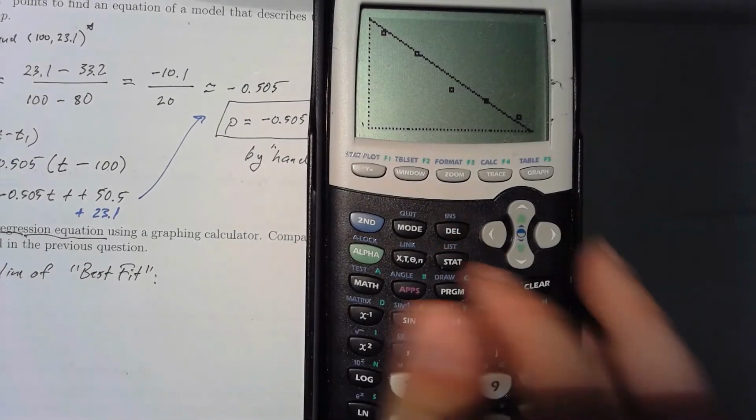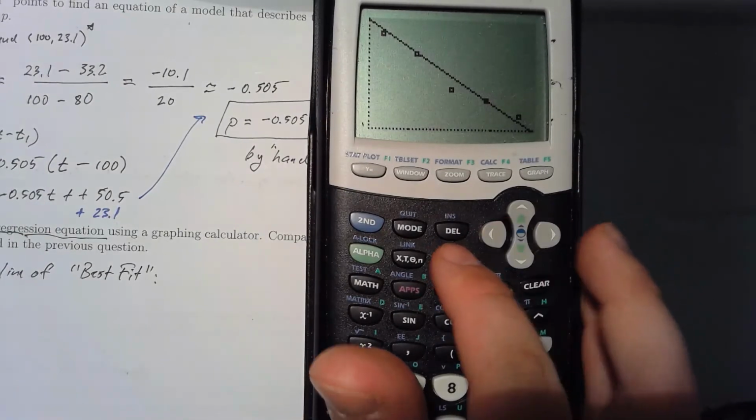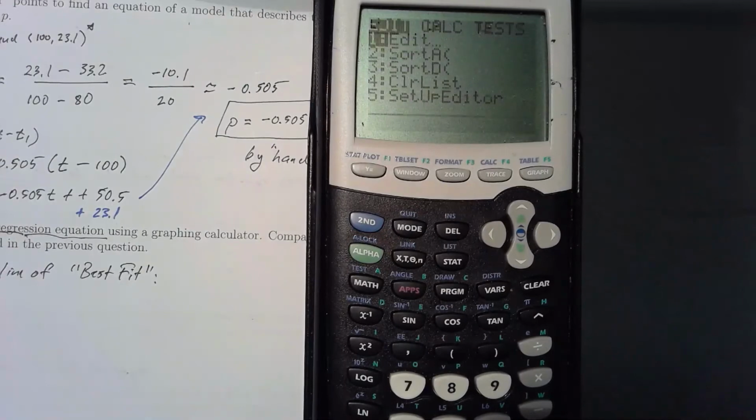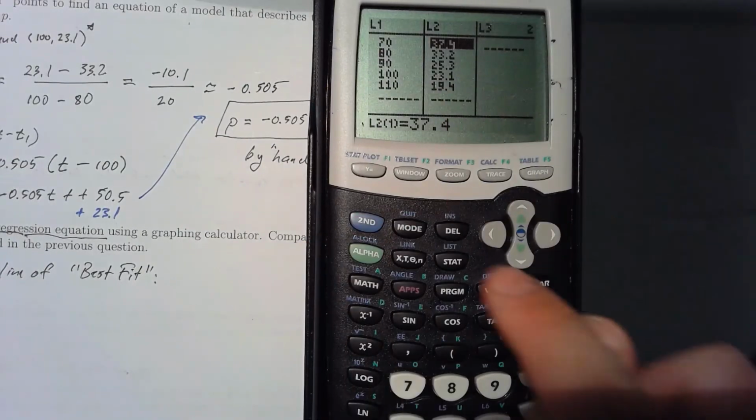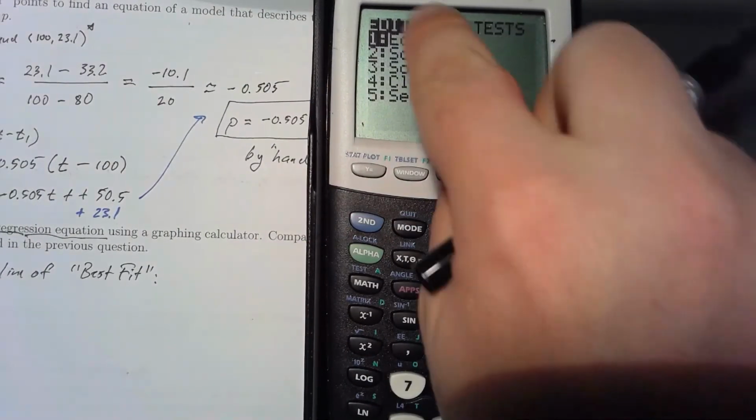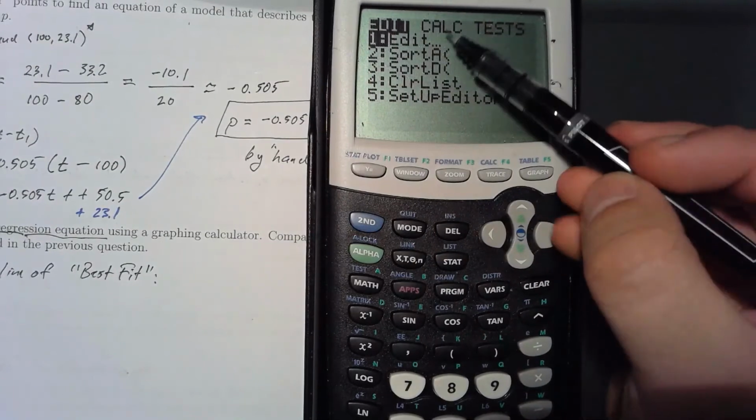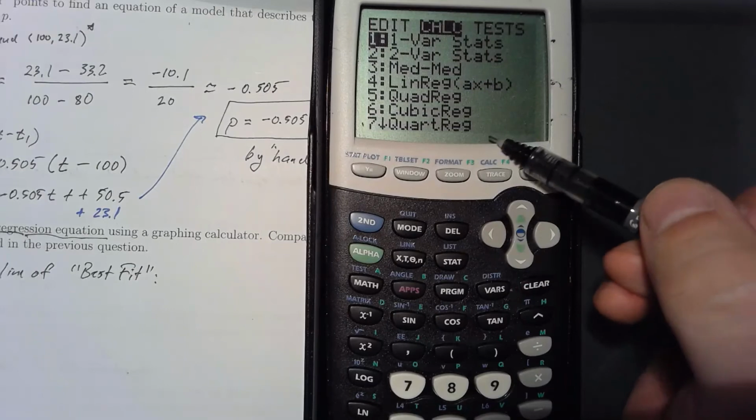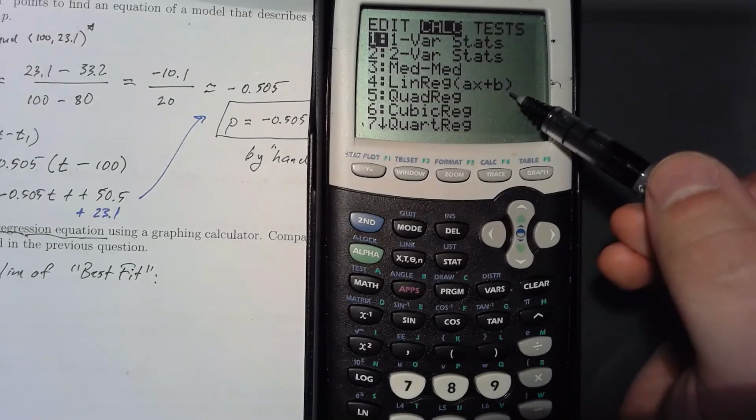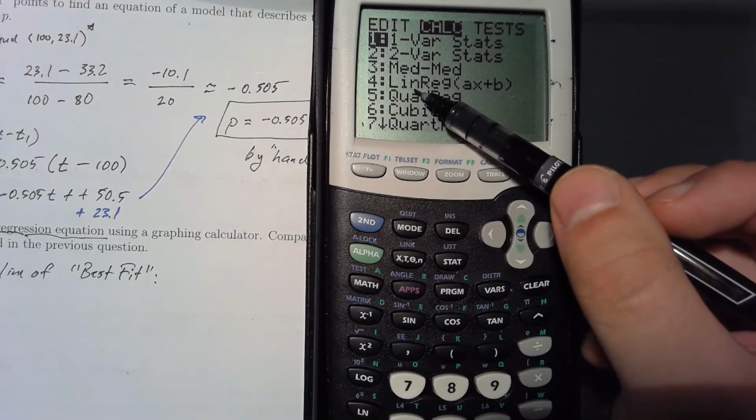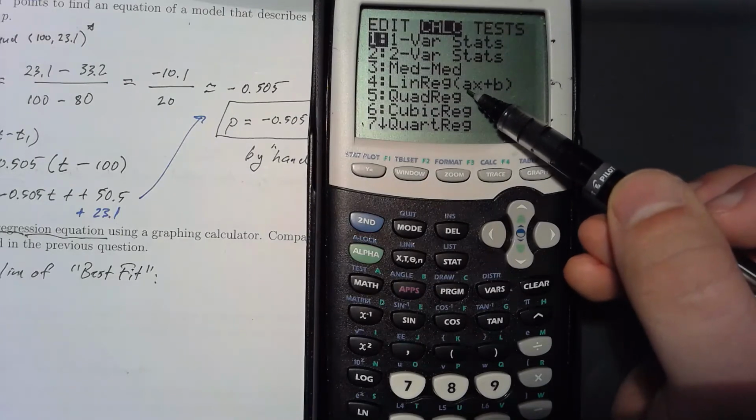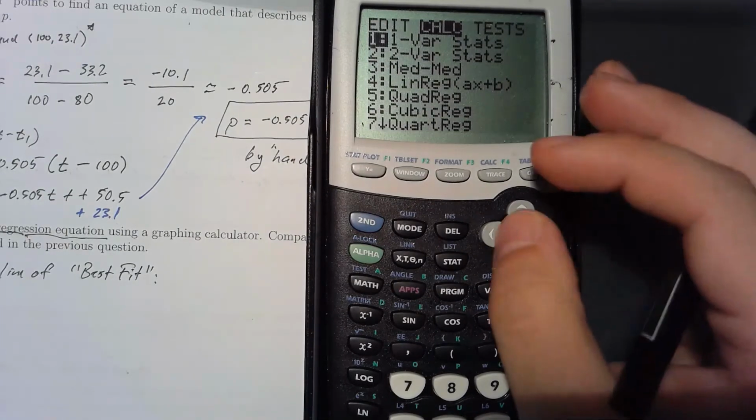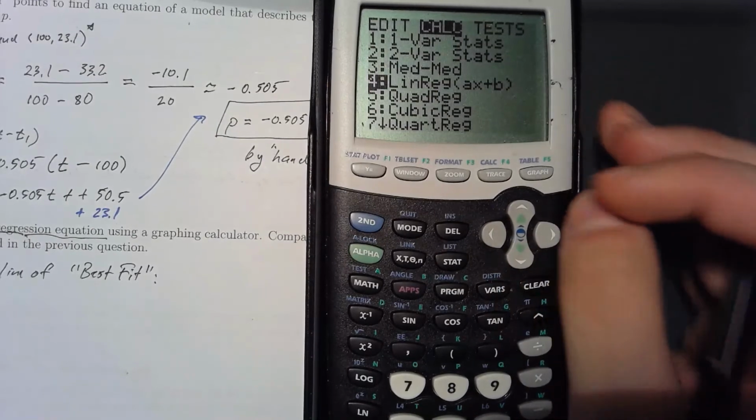So if you see this button right here, the stat button is the same button you typed in to get to the list values, right? If I hit enter there, I go to the list values. If I press stat, instead of doing that, I press the arrow over to the calc button right here, and if I go down to number 4 right here, see this thing called linreg? That's short for linear regression. And it's in the form ax plus b, which is mx plus b. It's a linear equation. So if I go down to number 4 and press enter,